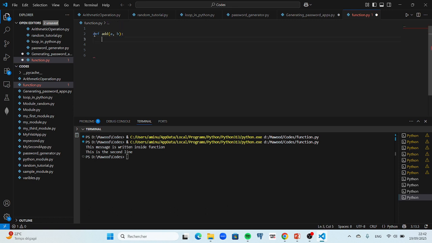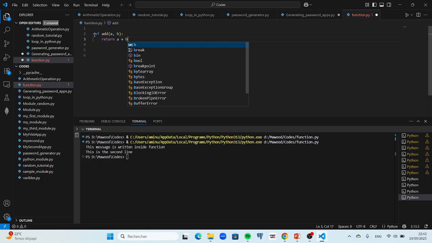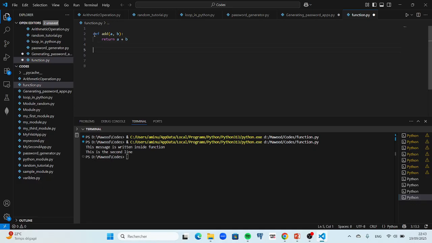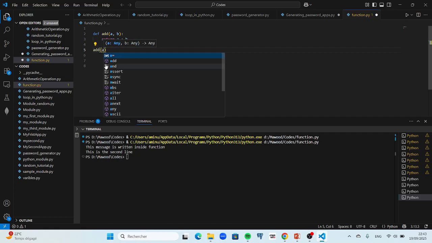Now, I say please return the sum of a plus b. This is how I define my function. Right now, I want to call this function. How can I call that? I say add,